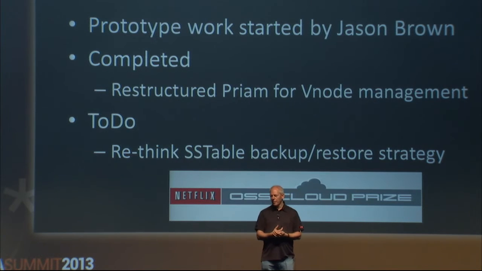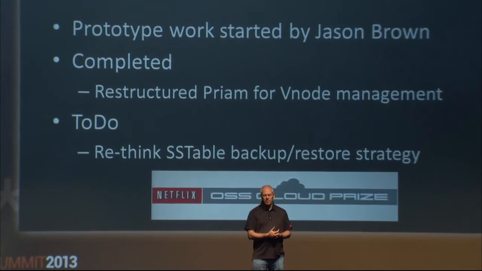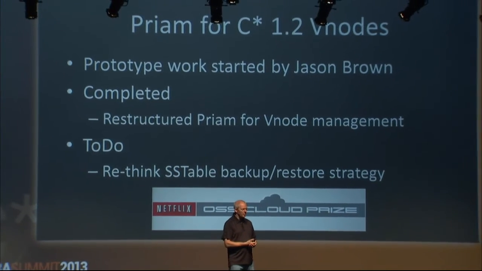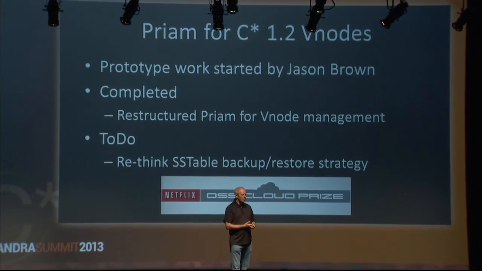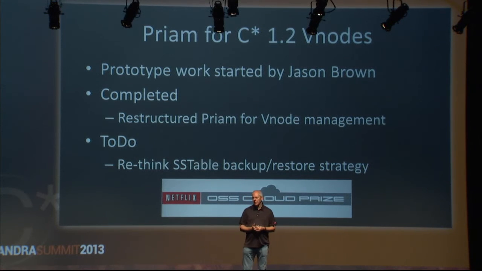So what are we doing now? Jason Brown's somewhere around here. He's the committer that we have working on Cassandra, and he's been working on updating Priam for 1.2 and for Vnodes. There's some work that's been done here for restructuring it, but we have to think a lot harder about how